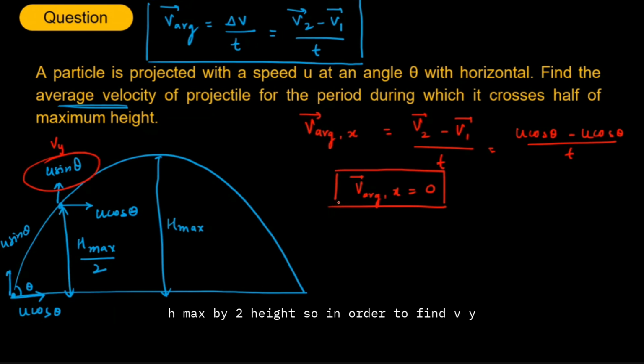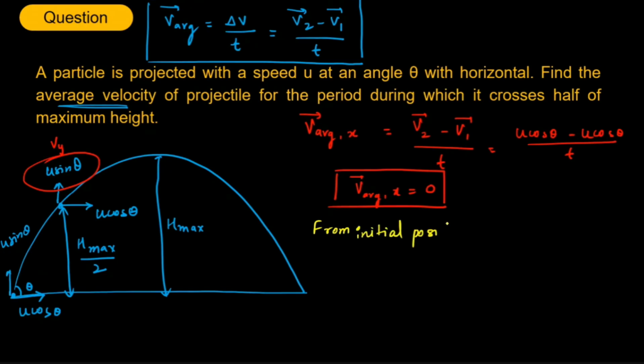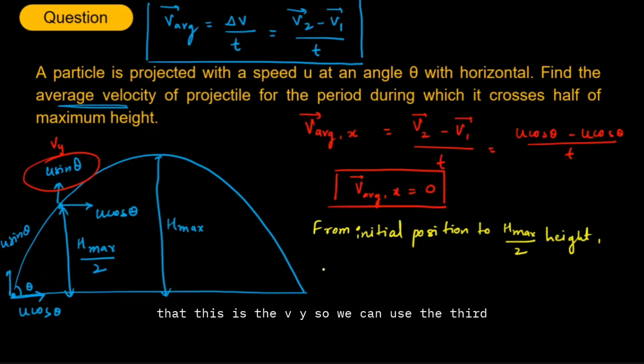So in order to find Vy here, we have to use equations of motion. Let us see how we can do it. So from initial point or initial position to h max by 2 height, we can consider that this is the Vy. So we can use the third equation of motion. And third equation of motion says